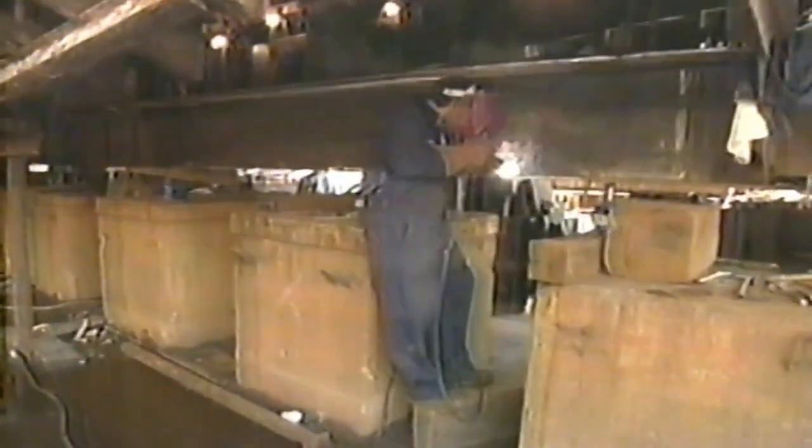So this way they could float a vessel in here, close the doors, pump the water out, work on the whole boat. Exactly. Now, it's still in use. What vessel is this? Well, this